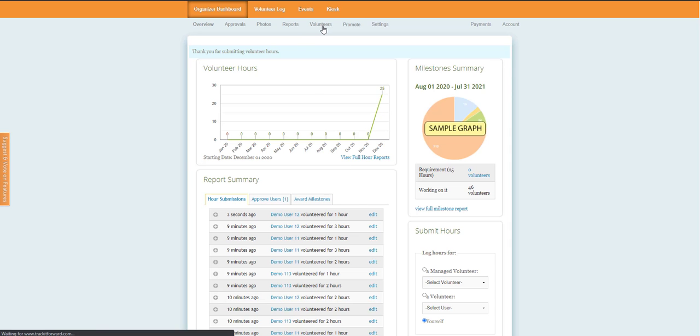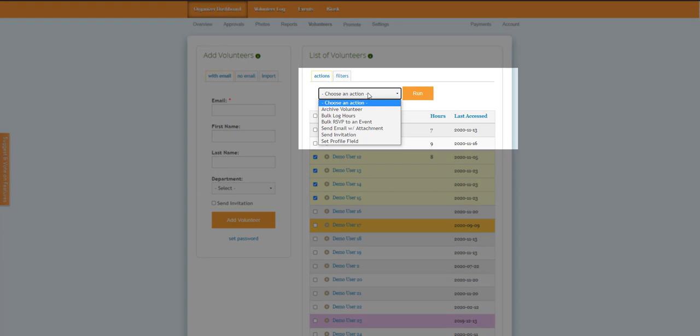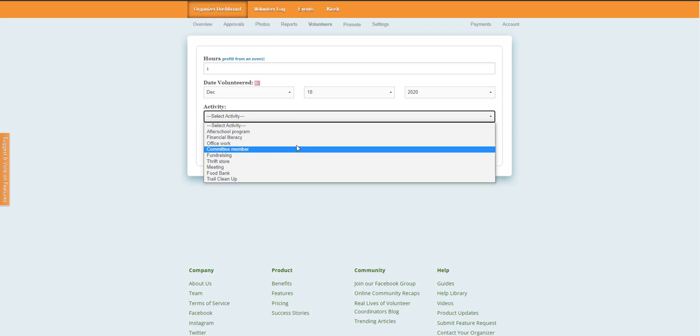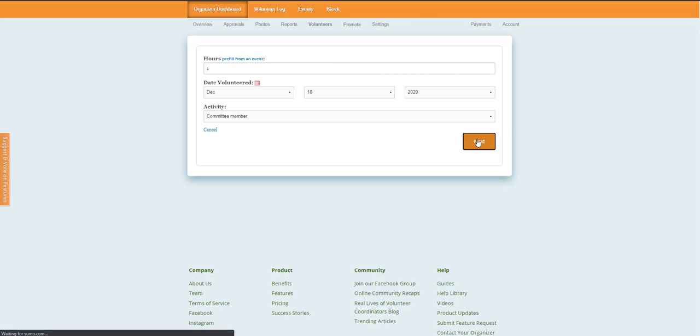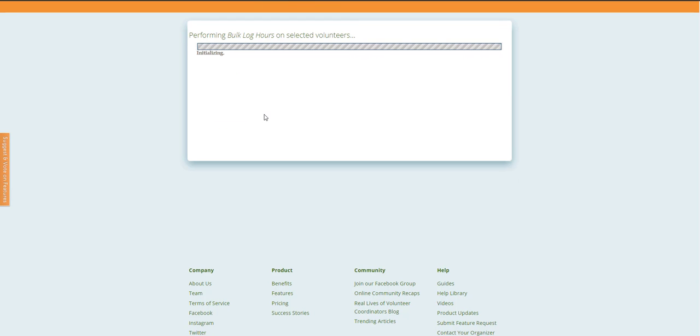Alternatively, if you go to the Volunteers page for your organization, you have the ability to select multiple volunteers and then log hours in bulk. This can be done using the Choose an Action drop-down. To use this option, all of the volunteers selected need to have the same information for the hour log. For instance, if all committee members attended the same meeting, you could easily log hours in bulk for everybody who